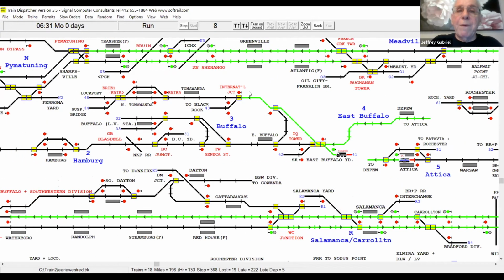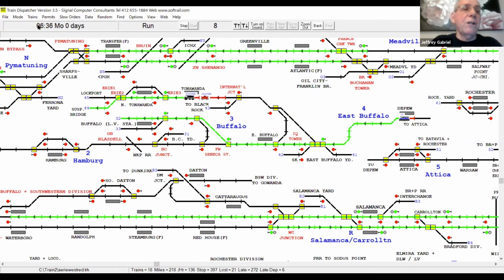Show you where I am. I'm at International Junction. And I'm going to clear it all the way to Suspension Bridge. Right there. This is Suspension Bridge. This is Lockport. Okay, now that I've done that, I can go back to East Buffalo and I can clear my passenger train into the passenger station, Lehigh Valley. We have sort of right-hand running, so the terminating trains go in 32 and the originating come out at 33.